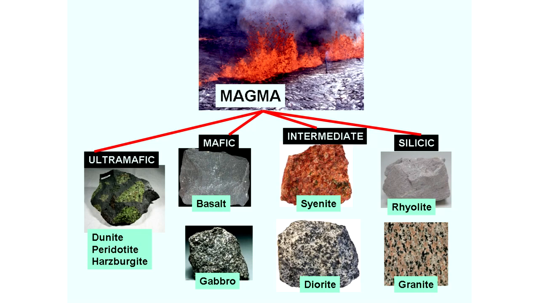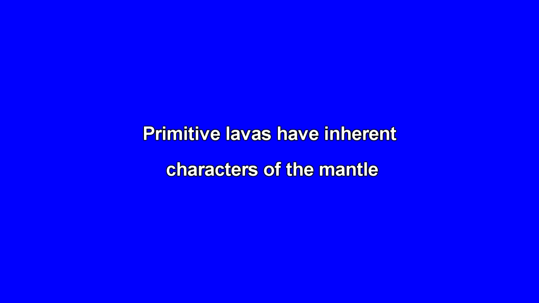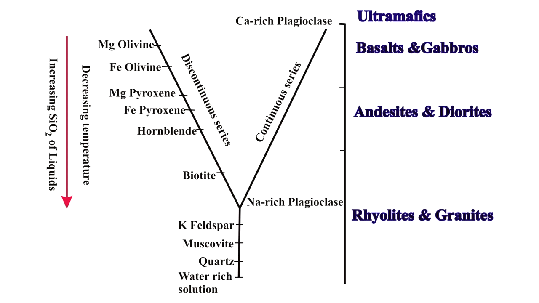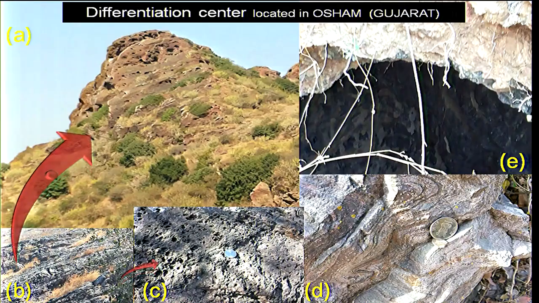The earlier fractions we call primitive lavas. Primitive lavas means they have the inherent character of the mantle, but later on these lavas fractionated into different fractions, and as a consequence they show acidic character, because silica crystallizes in the late phase of the crystallization of basaltic magma. So, this is one of the areas in the Deccan terrain, particularly in Gujarat, which is identified as